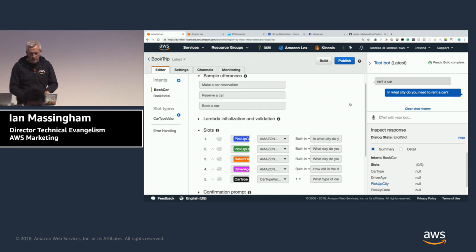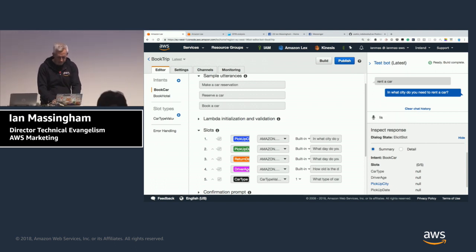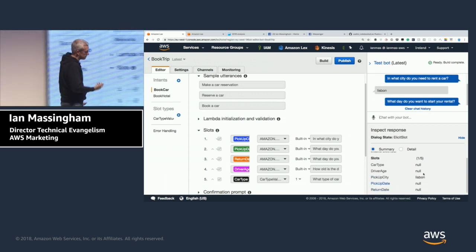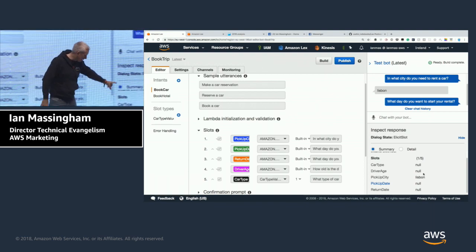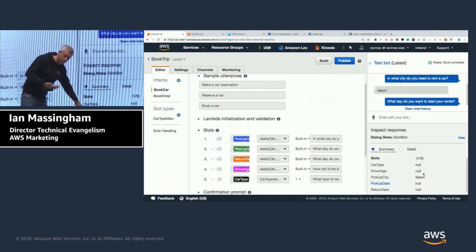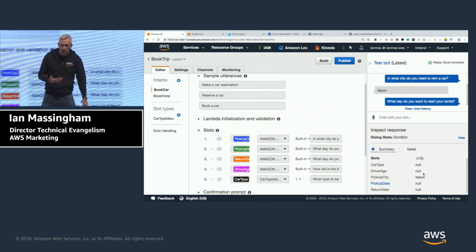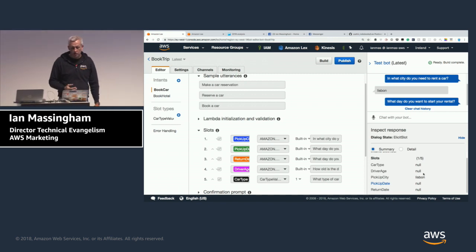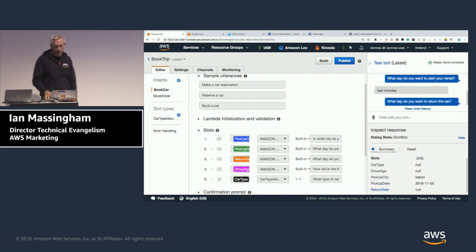And you'll see, in which city do we want to rent a car. So let's say Lisbon. Okay, and you can see in the debug console down here, as I am specifying these slots, the values of the slots are reflected inside the state model that is maintained for my particular session. So I can use that for debugging. And I'm now asked, what day do I want to start my rental? And I can do something here which is obviously stupid. I can say like last Monday, okay? And you'll see that that resolves down to an ISO date here at the bottom. So that's one thing that I'll talk about in a second.